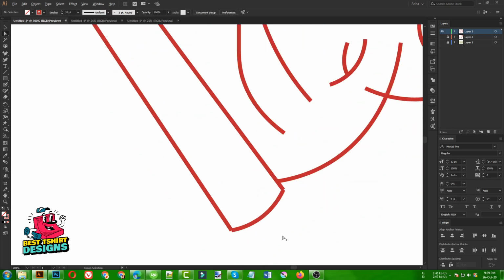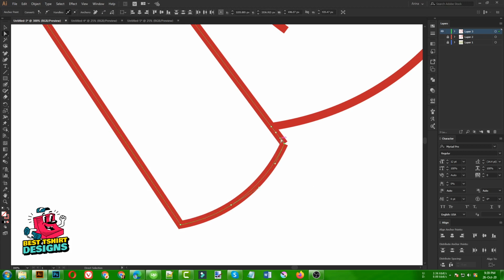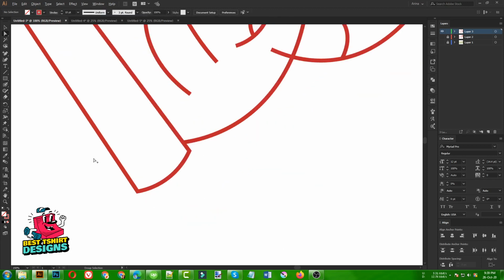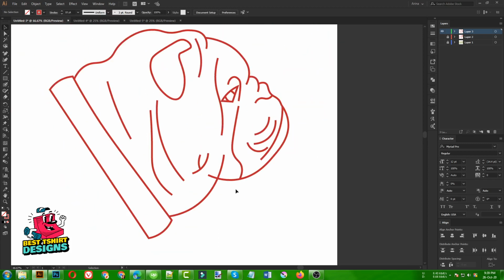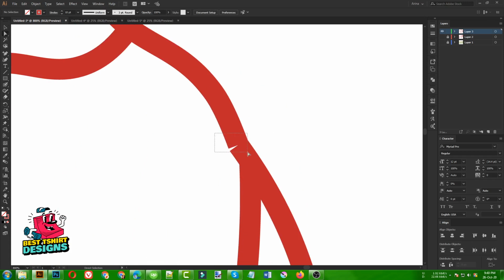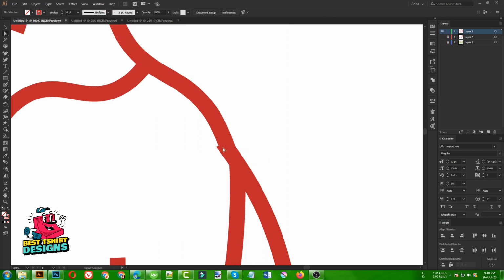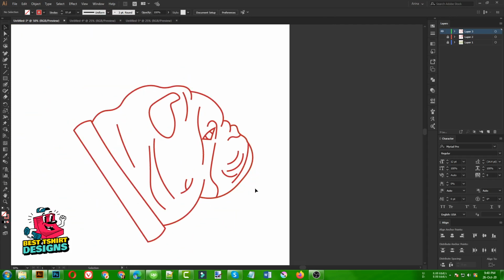Maybe not in this one, but you will find this problem whenever you are working with line art designs, and this is the easiest way to join your design. I don't want this part, so select these two, press Shift M for shape builder, and erase that part. That is really easy, guys. Then we had a problem here, so again select the direct selection tool, select these two points, then join it. It will become one single shape, but there are still some problems. We will fix that later, no problem. We will fix that once we expand the shape.